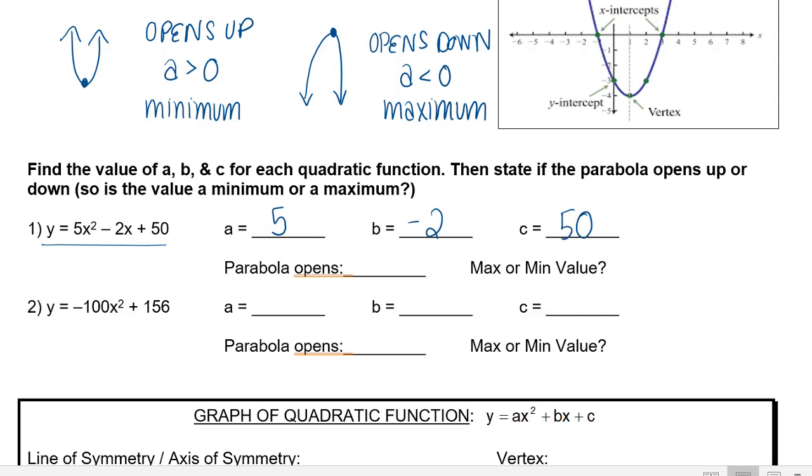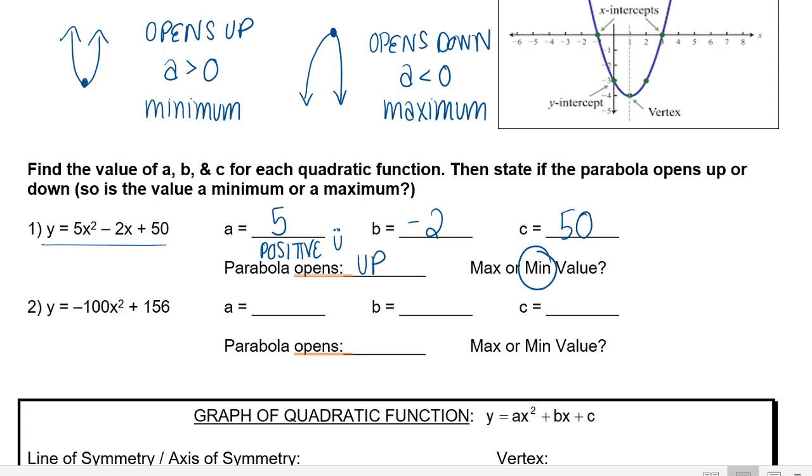So because this a value is positive, a positive 5, that parabola will open up, we'll have a smiley face,